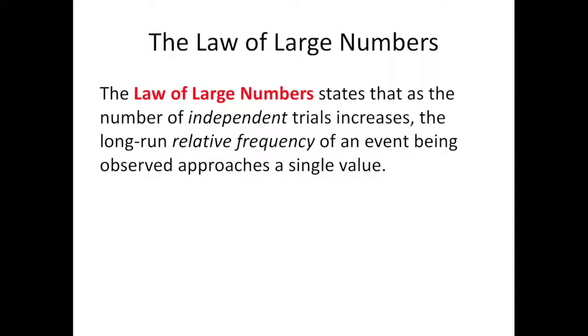So once again, that law of large numbers we just saw illustrated in Excel says that as the number of independent trials increases, the long-run relative frequency of an event being observed approaches a single value. This gives us a good starting point for talking about what number we should assign as a probability. If this relative frequency approaches a single value, that single value is a good candidate for the probability of that